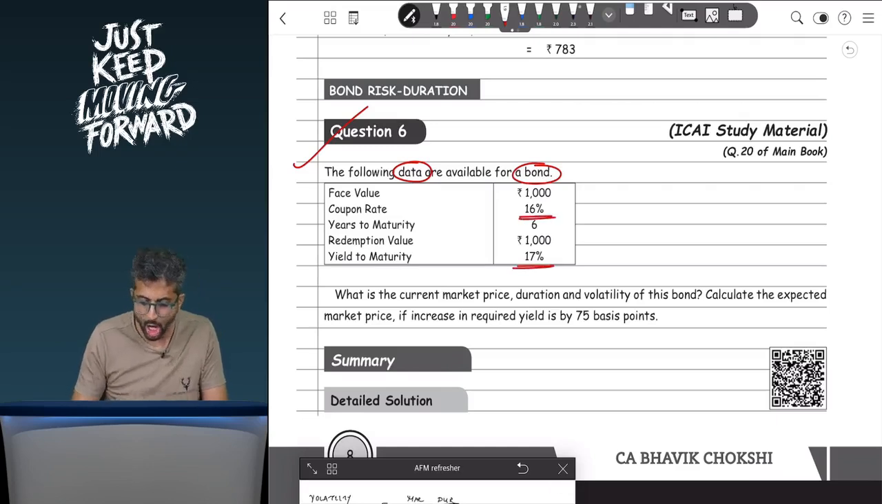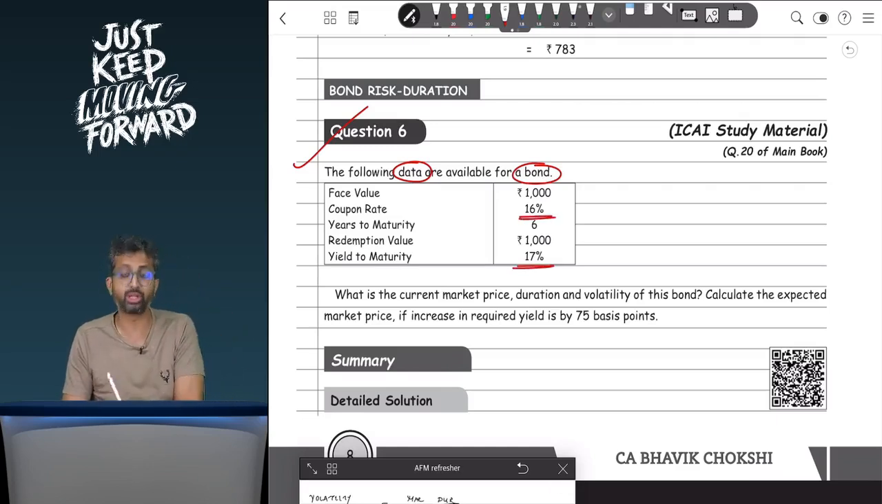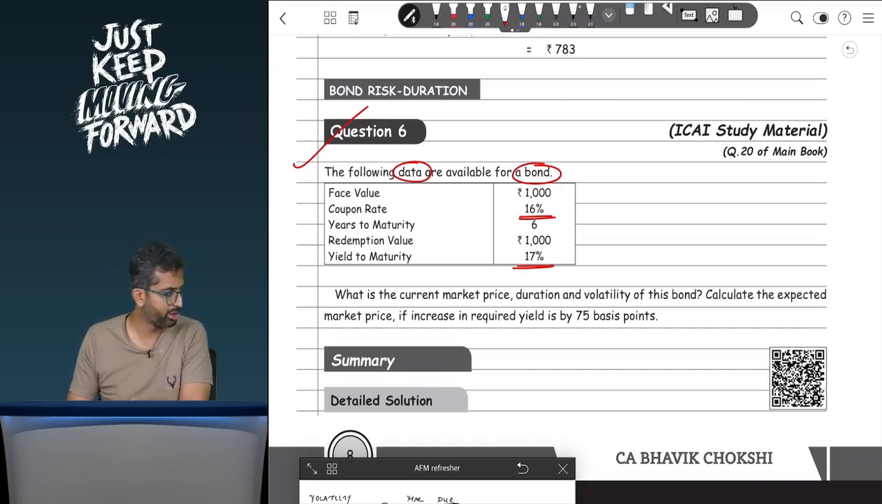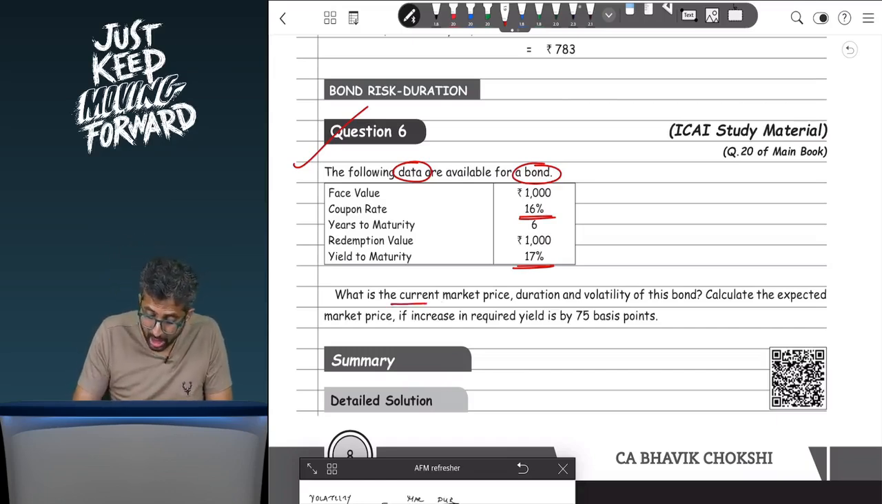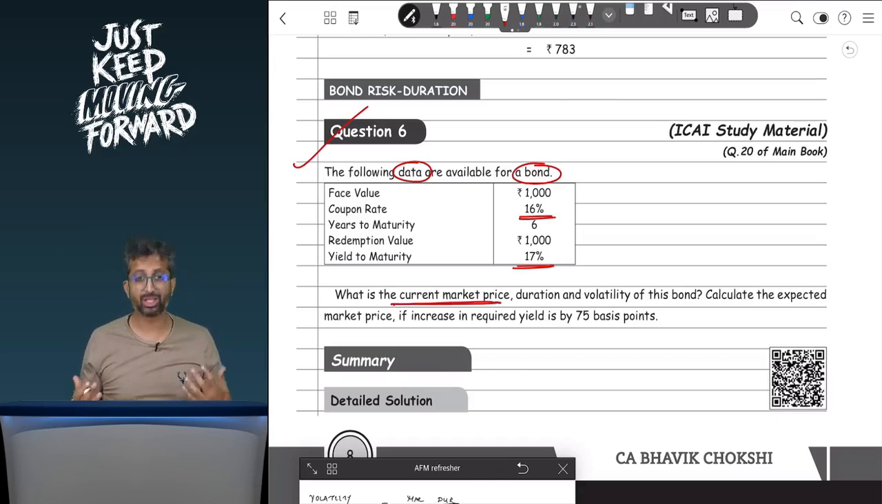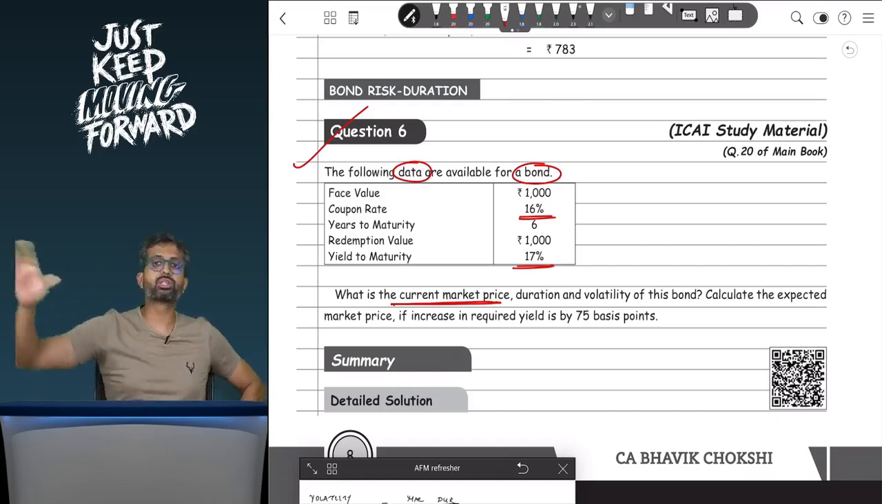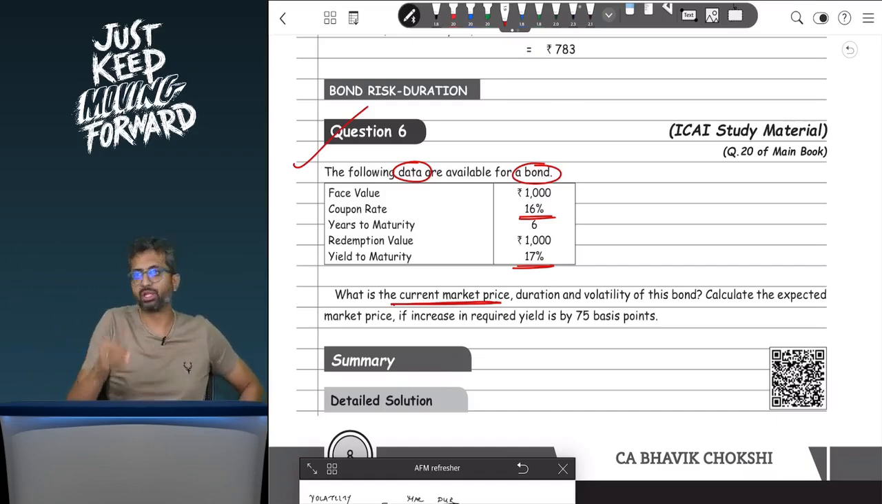You tell me. Coupon rate is 16%, yield to maturity is 17%. The final answer of the bond value, the intrinsic value, will be higher or lower than 1000? Lower. That is right. What is the current market price? Remember, the question is asking you market price. You will find intrinsic value as the present value of future cash flows. Now, if nothing is given, the market is efficient, and whatever is the intrinsic value will be the same as the